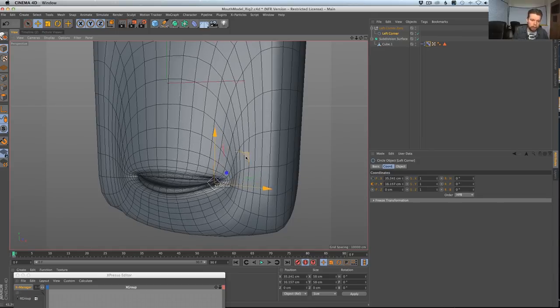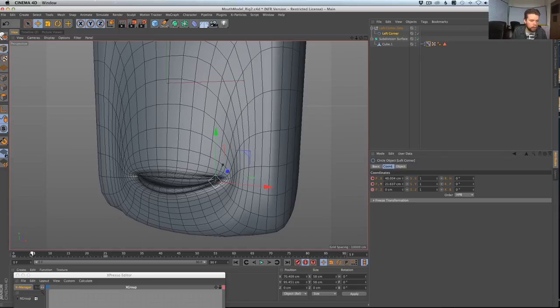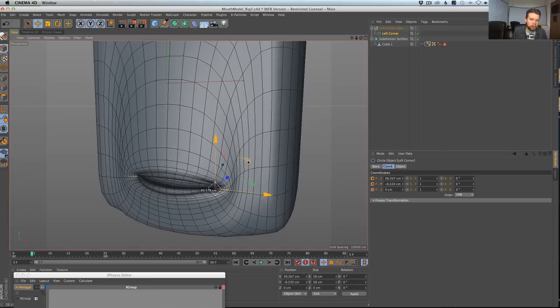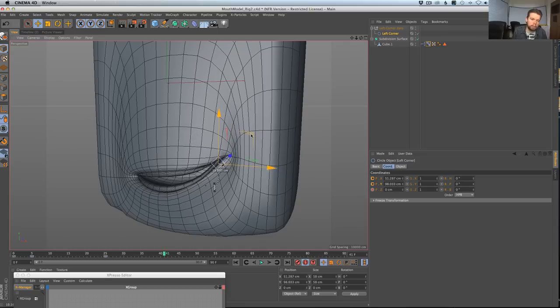So I'm going to say, okay, at the beginning, it should look like that. Let's fast forward 25 frames. At frame 25, I want this to move up a little bit. But you know what? It's good to build anticipation. So back here, we're going to build in some anticipation, so before it goes up, it'll go down a little bit. Now we can jump further, and now he's kind of happy, and then it's going to maybe just move in a little bit.